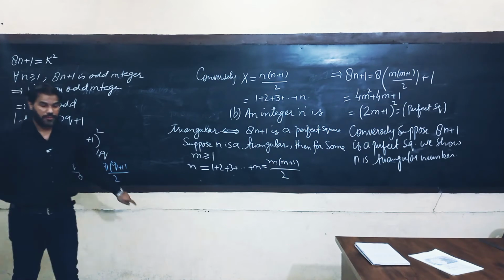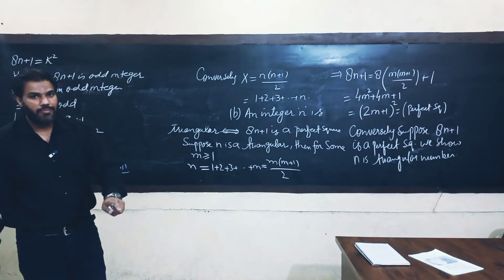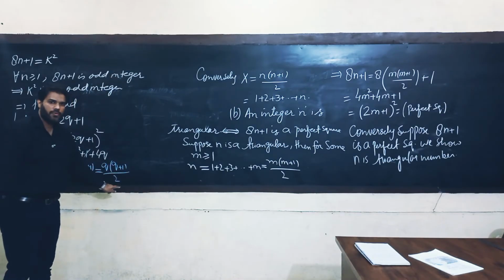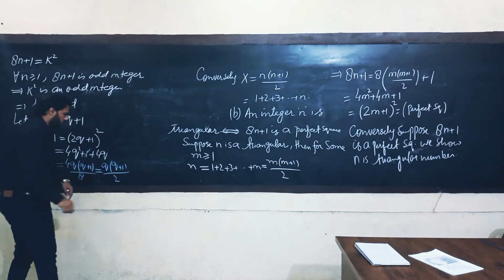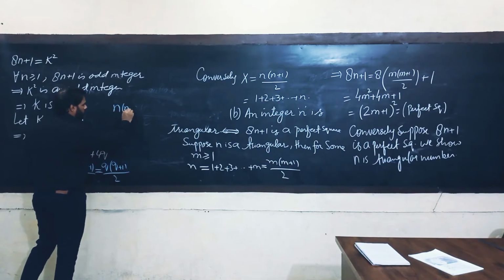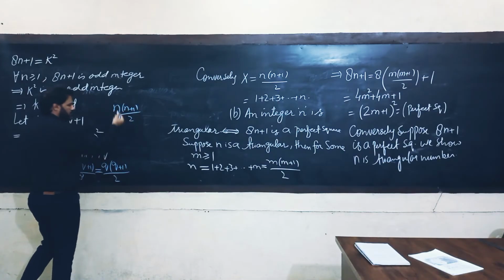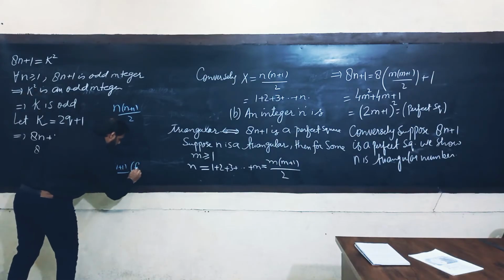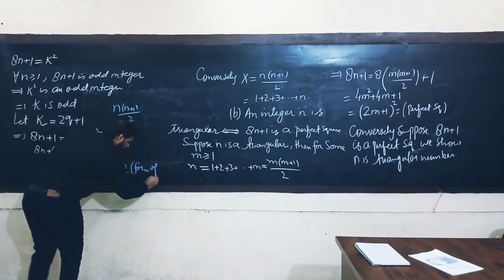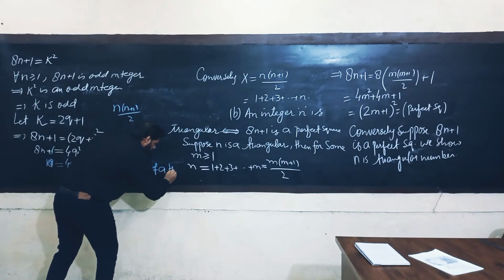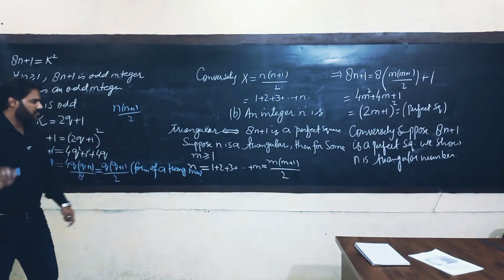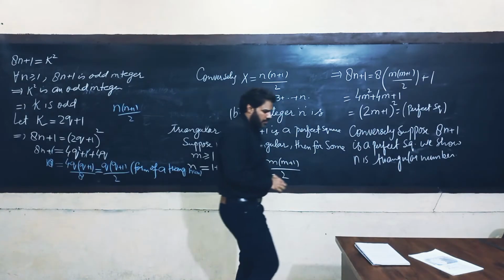If n is a triangular number, then it will always have the form of n into n plus 1 by 2, where n is a positive integer. This is the form of a triangular number. That completes the proof. The next one,